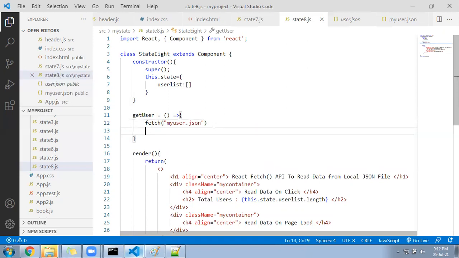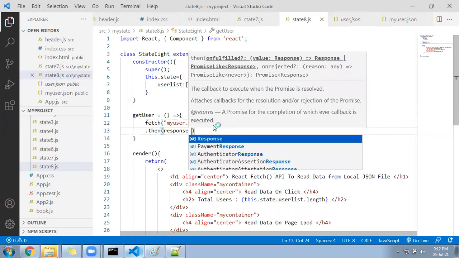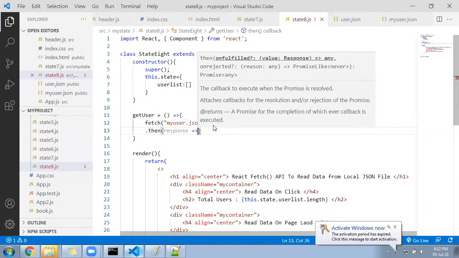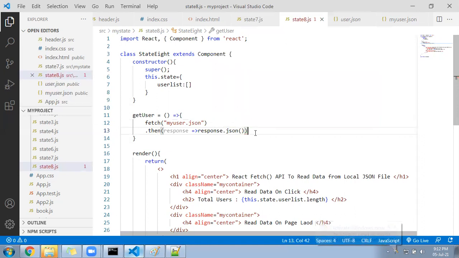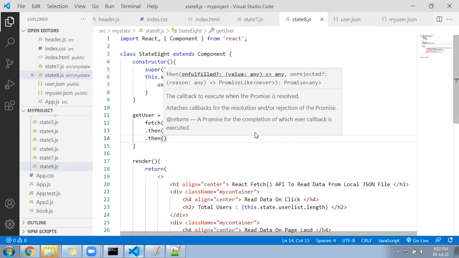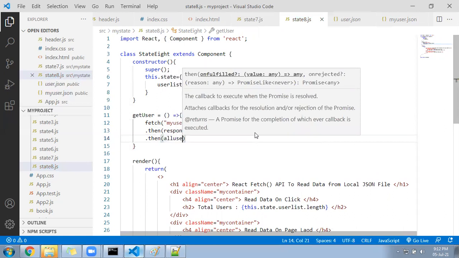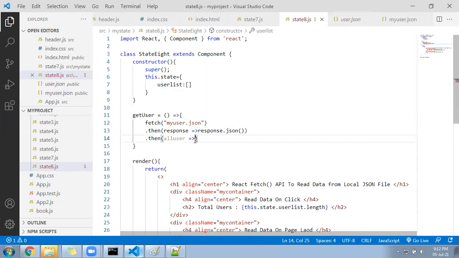Because while reading with the fetch method from the JSON file, the response comes encrypted, you have to follow a promise function that is called then. With the help of the promise function, you are going to capture the response. Since this response will be encrypted, you have to convert it into JSON first, so you call response.json. After that, your data is still not in the form of an array on which you can run the loop, so you apply the promise function again, that is called then, to capture the original data. You can give it here as allUser. Now allUser you have to give to whom? This state variable. Then only the render will happen.